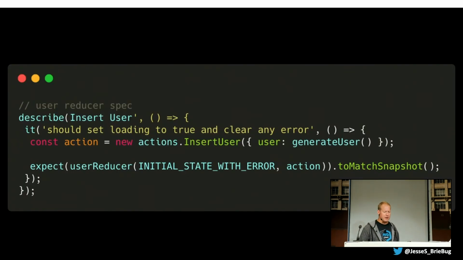I've got this test here, right, where I'm saying I'm going to test my reducer, and we're going to test the insert user action, and we're going to call user reducer, pass in some initial state, and this new action, and before I'd say to equal or to be, and then I have to create this object literal that would represent the state, right? Which is cool. That's no big deal, right? Until it changes. And then it changes in like 80 spots